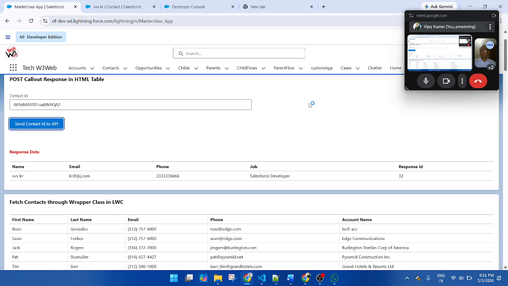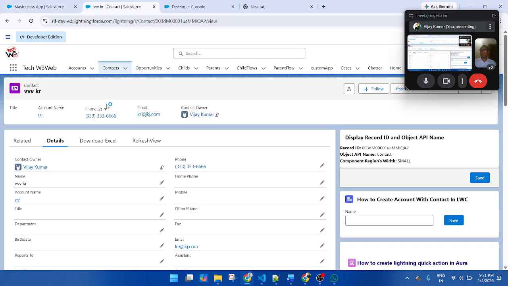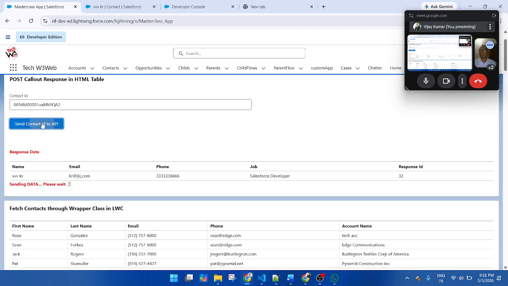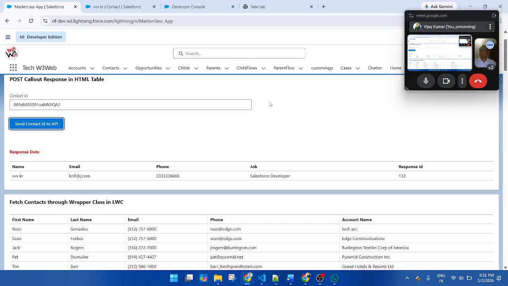See Rachna and Vivek, please. Once I pass another one, let's click once again on the button. Check here. This message will display before inserting, before passing the data. Once returned successfully, it will automatically hide. Click the button. See, sending data.